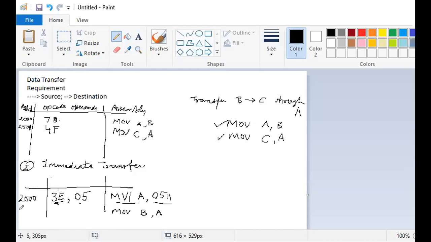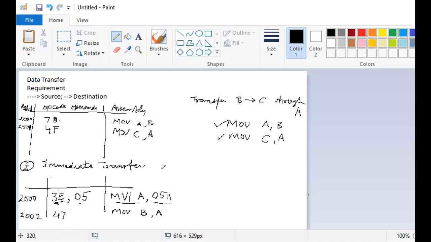And the operation code for move A to B, going here, the code is 47. So the machine code for the instruction move A to B will be 47. So this is a case of an immediate transfer or immediate addressing mode.